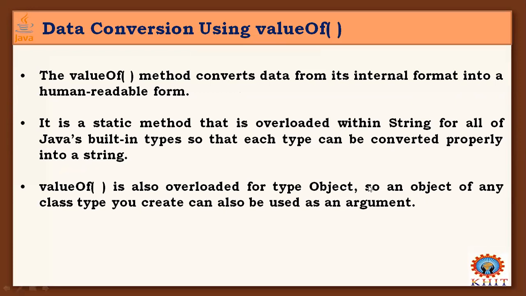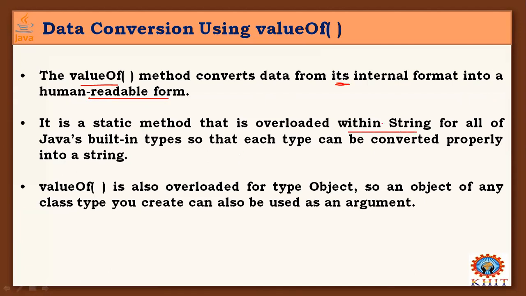And here we have one method called valueOf. Using this valueOf, we can do some conversion of given primitive values into a string. So here, the valueOf method converts data from any of these primitive internal formats into a human readable form. And it is a static method